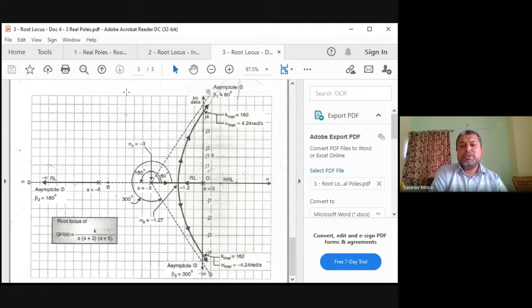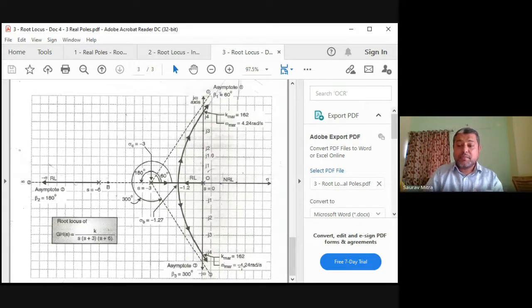So this is the plot which you have to show, and this is the point minus 3 where you have to draw the asymptote angles. There is a first asymptote at 60 degrees, a second asymptote at 180 degrees, and a third asymptote at 300 degrees. What is the significance of the asymptote? Asymptote is a guiding line for the root locus. So the root locus will touch these asymptote lines at S equal to infinity. In front of this arrow you can write that they will go to S equal to infinity. This is the first asymptote, beta 1 is 60, the second asymptote beta is 180, and the third asymptote beta is 300. So this is the whole, complete root locus.